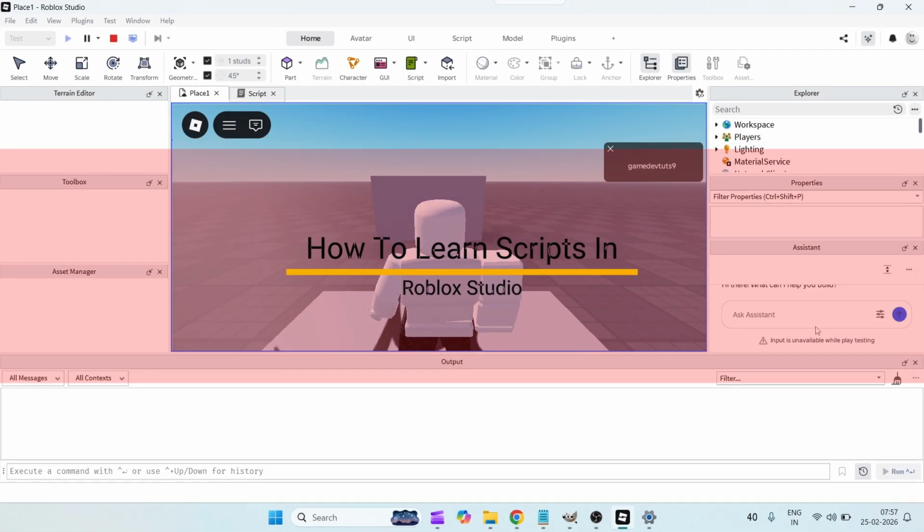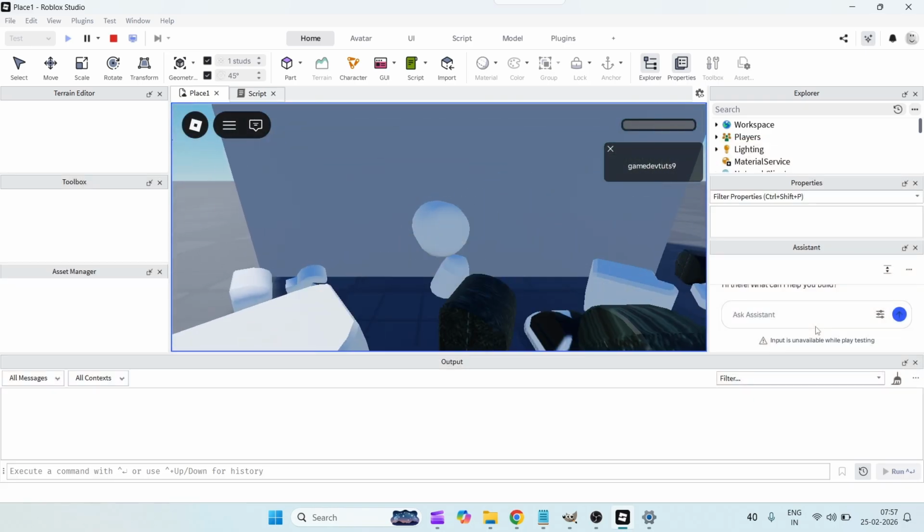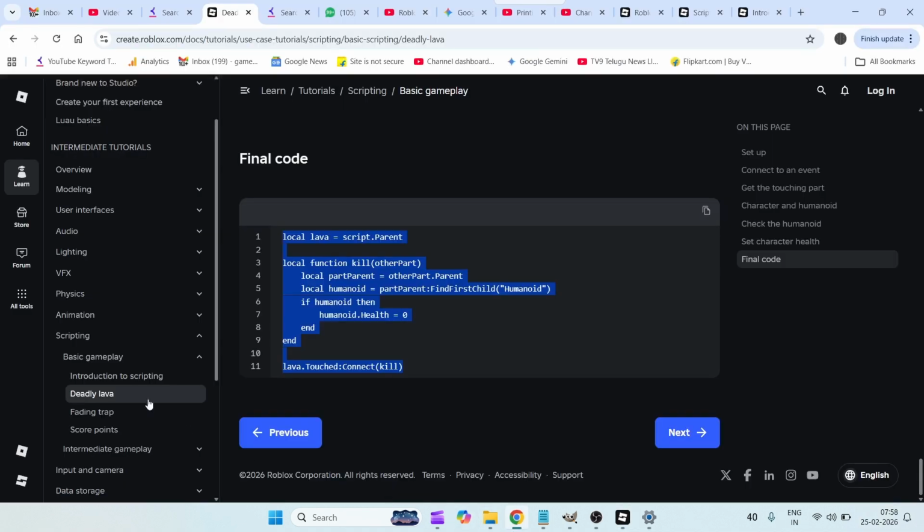Welcome to Tech Easy. Today in this video, we'll see how you can start learning scripting in your Roblox Studio. I'm assuming you are a very new developer to Roblox Studio, and you want to start learning scripting. I'm going to suggest that the best starting point is the official documentation. See here,